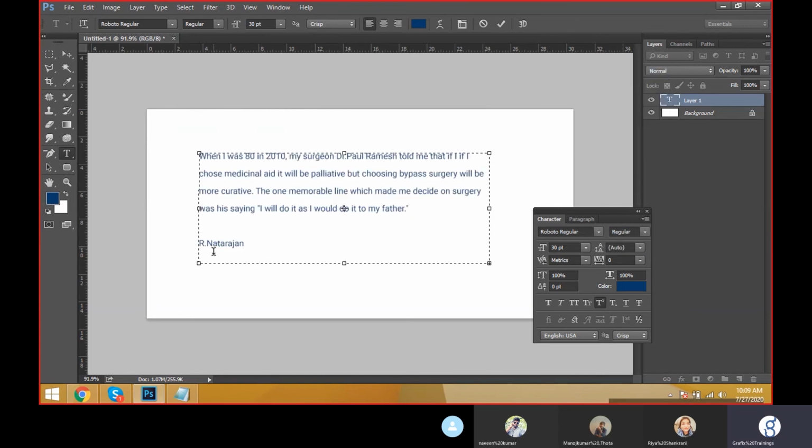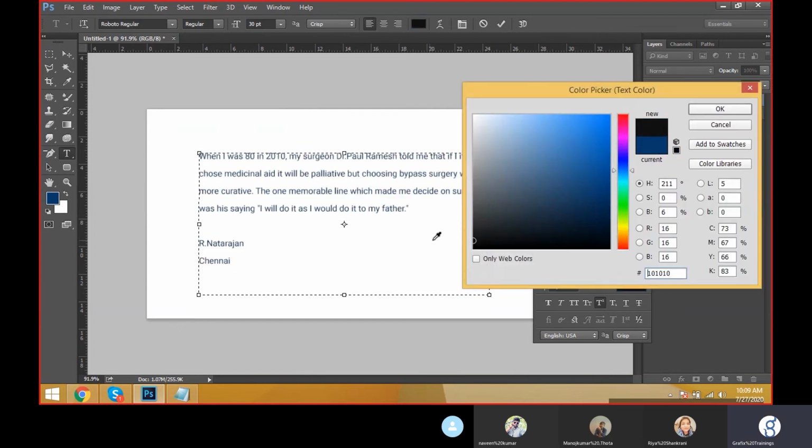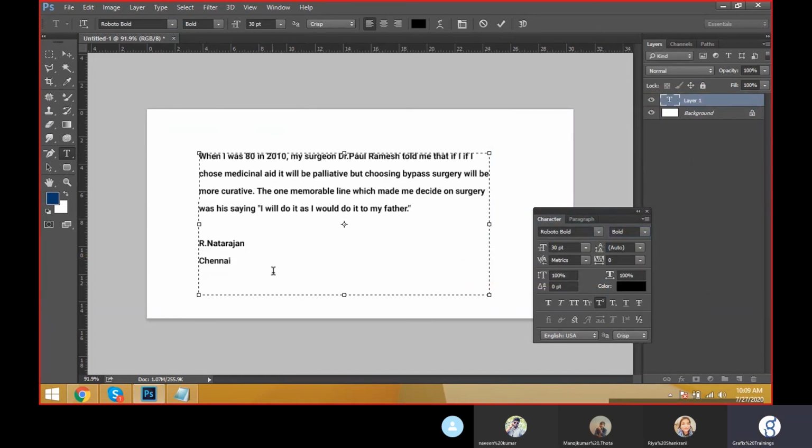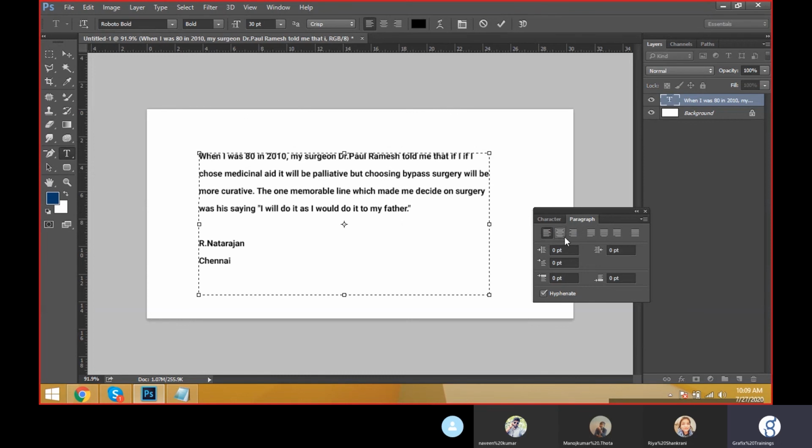And we have some more text, but see, the string line, you can move it, then automatically you can see. Take the string line and select the text and make it black. Make it black, and take the bold like this. And like this we can use the text properties. And here we have paragraph text properties also. See here, this is center alignment, right alignment and left alignment. And we have spacing here.